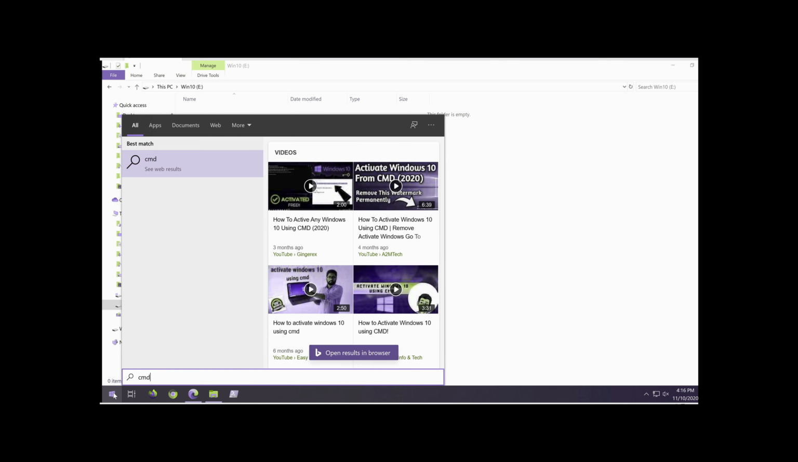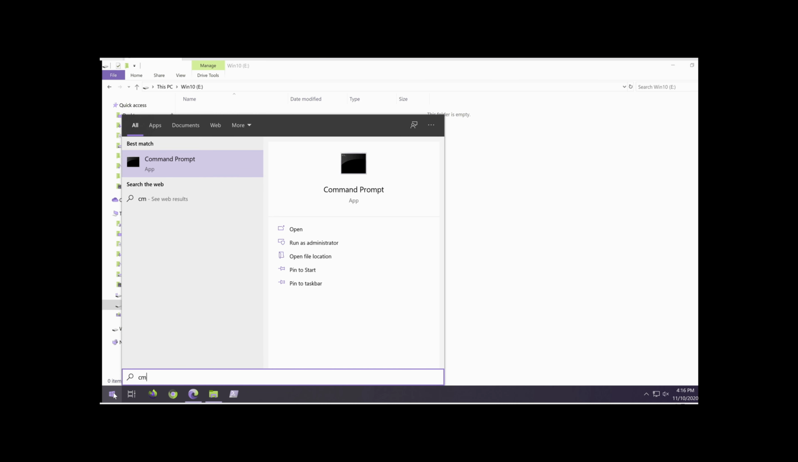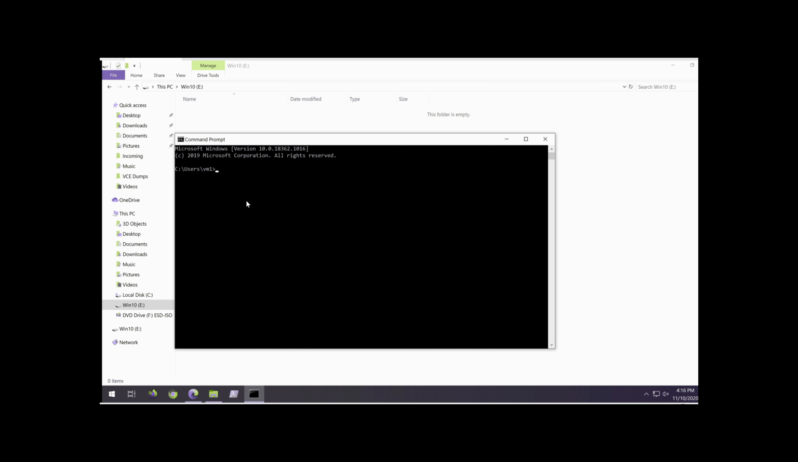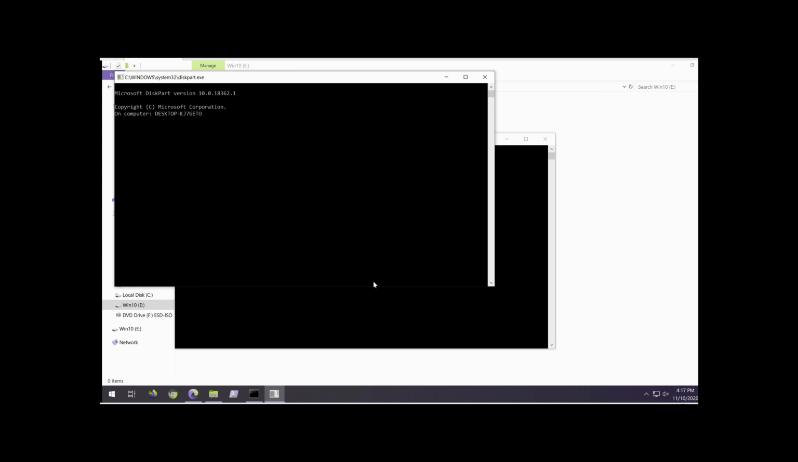You type cmd. It's searching. I don't want it to search cmd. Yep. So you type cmd, command prompt. You open command prompt and just type diskpart and press yes. Now we are in Microsoft DiskPart tool, which will allow me to make this drive a